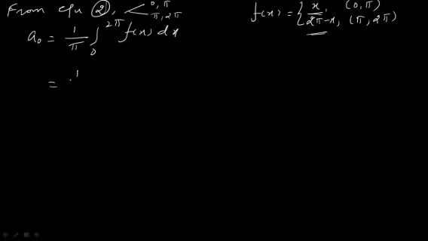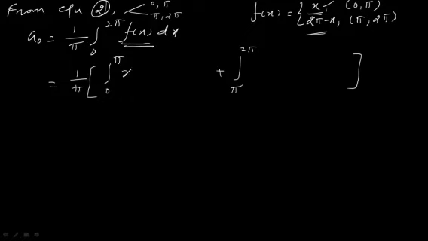Okay. So that is equal to 1 by pi. I am going to split this integral into two, that is 0 to pi plus pi to 2 pi as another integral. In 0 comma pi, the function takes the value x, right? So in 0 comma pi, your f of x is x dx. Whereas in pi to 2 pi, the function takes the value 2 pi minus x. That is 2 pi minus x dx. Okay. Now we are going to integrate this as usual.